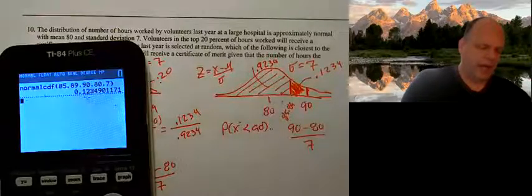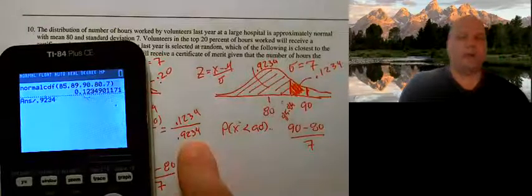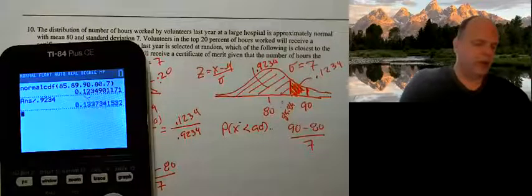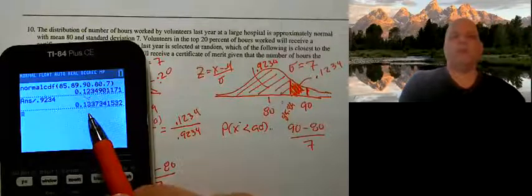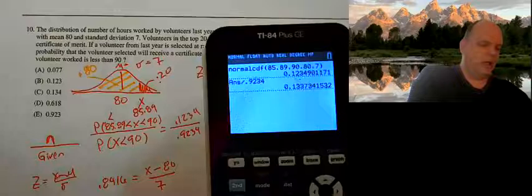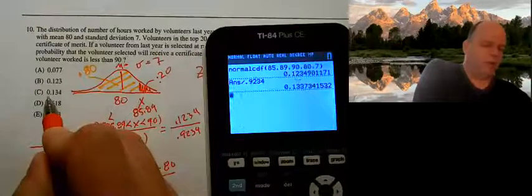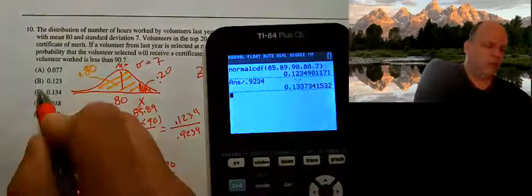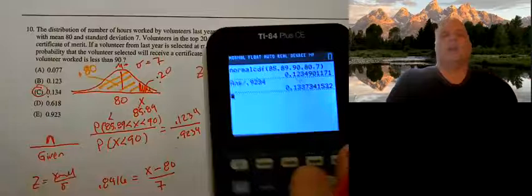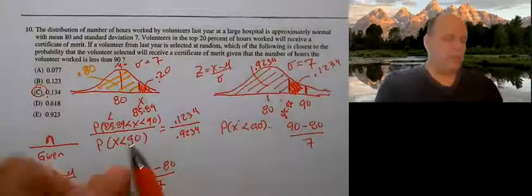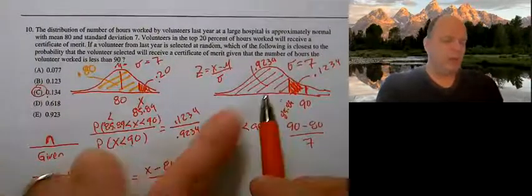I divide that by 0.9234 because that was what we have in the denominator. And I end up getting 0.1337. And my closest answer to that is 0.134. So number 10 is C. All right, very important that you do the given part, which is, hey, what's the probability